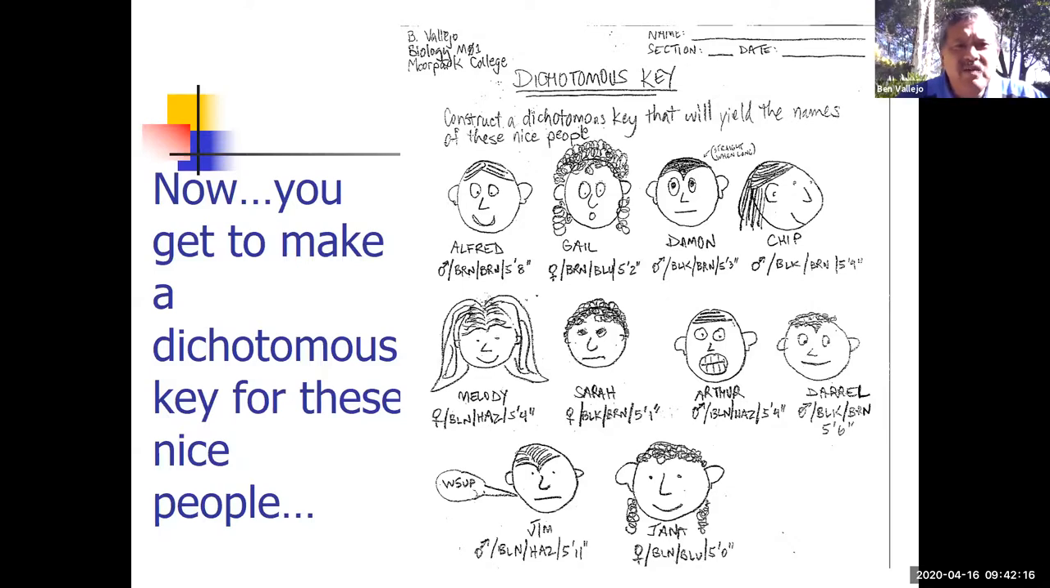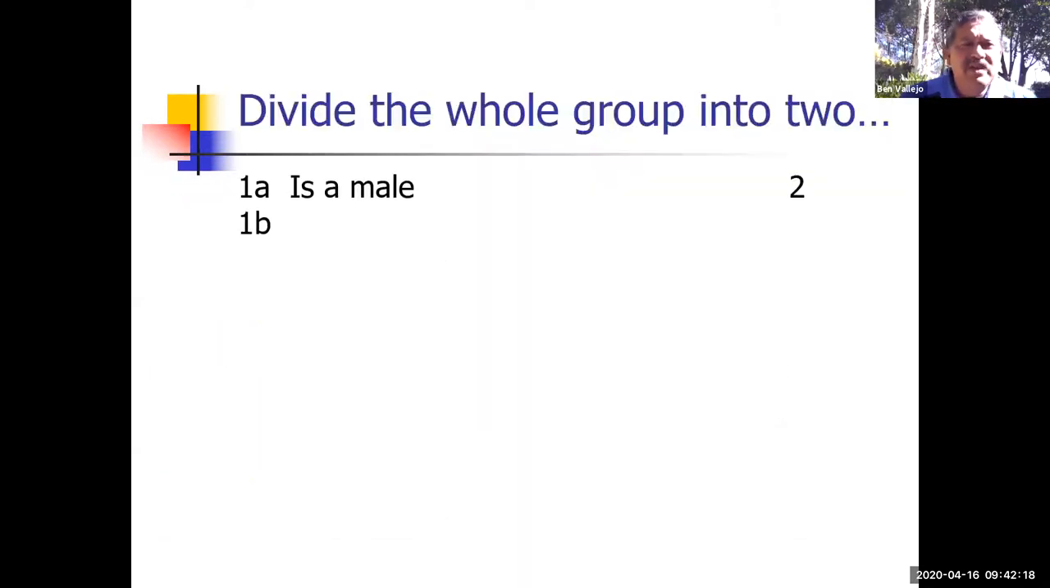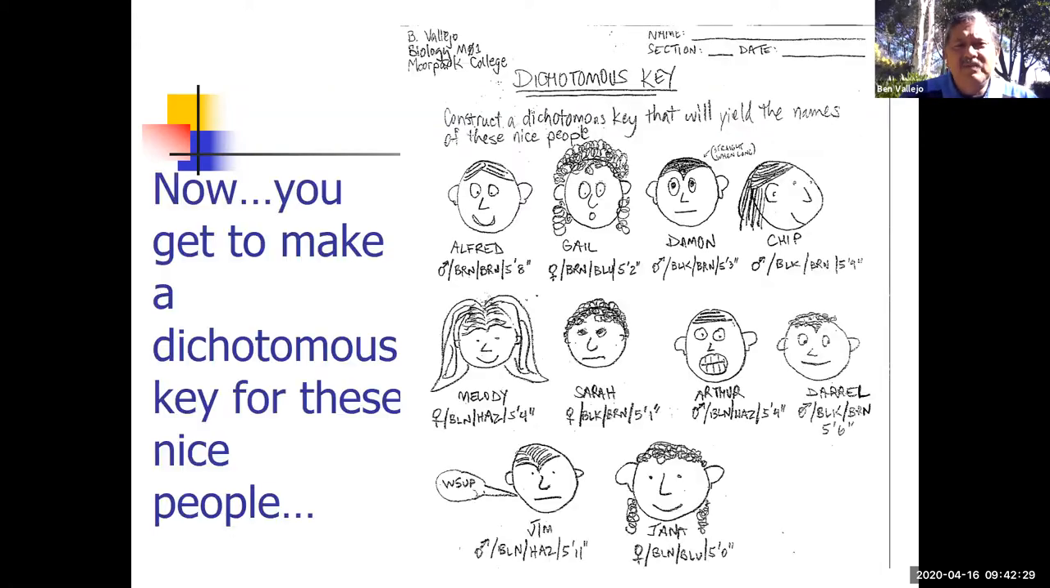At any rate, let's go on and take a look. What you've got to do is divide the whole group of 10 critters into two. So the easiest thing as you look back is, well, some are male,